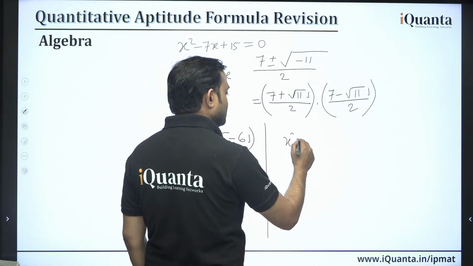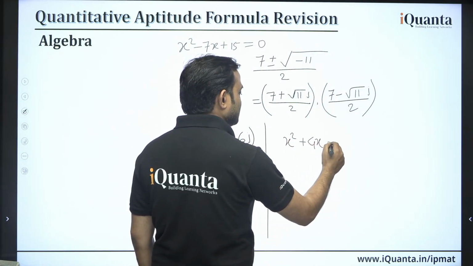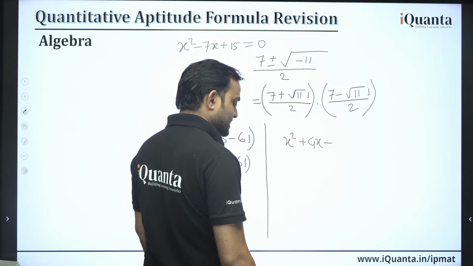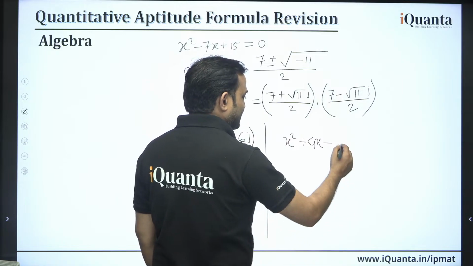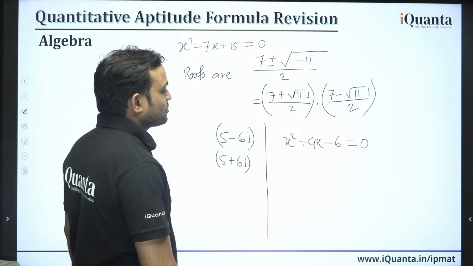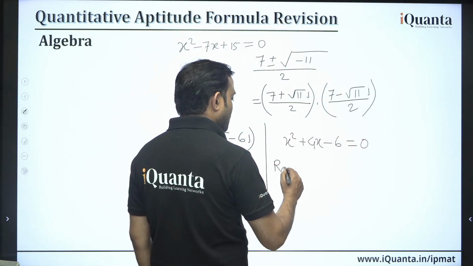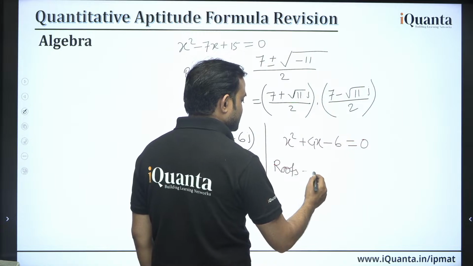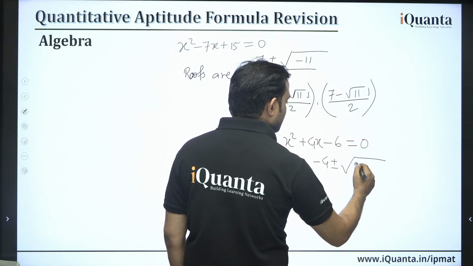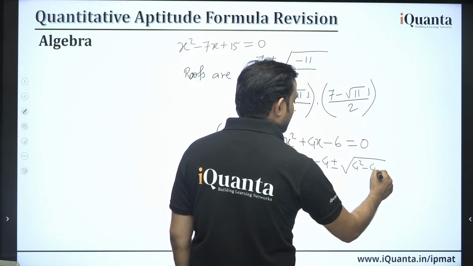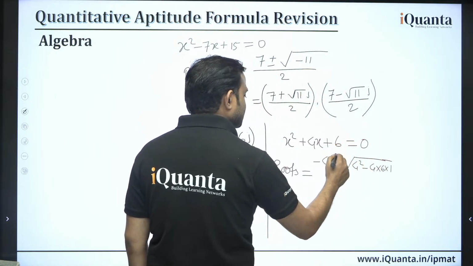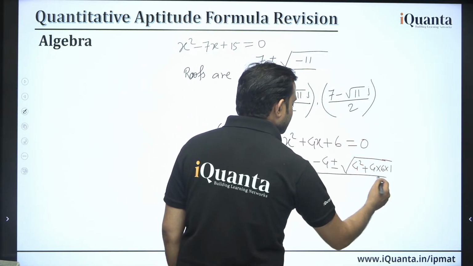Let's say x square plus 4x minus... let's take -6 is equal to 0, something like this. So what will be the roots of this equation? It will be equal to -4 plus minus square root of 4 square minus 4 into 6 into 1, अच्छा, plus 6 ले लो, so ये plus आ जाएगा, divide by 2,